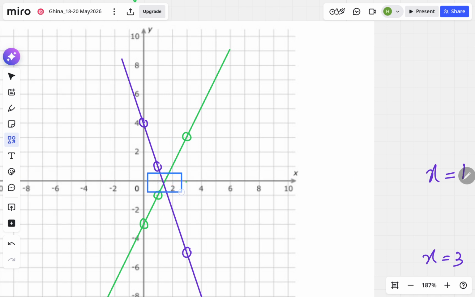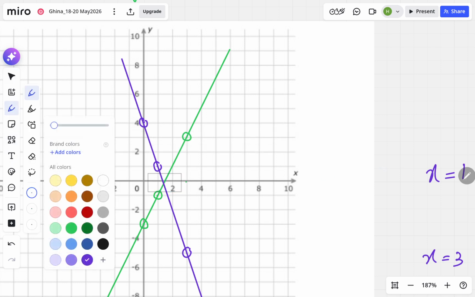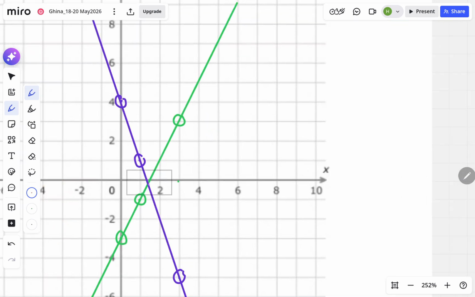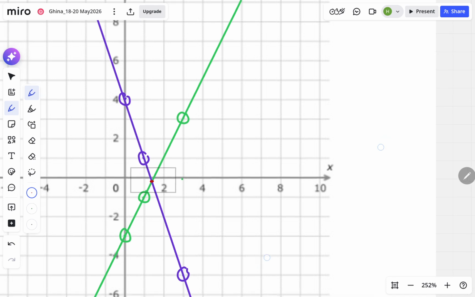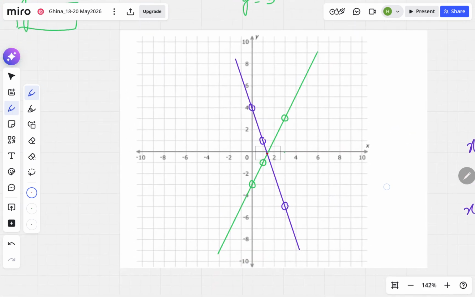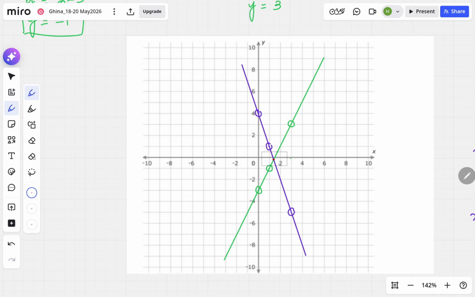You see this is somewhere here, and let me point that point with the red. So these two lines are intersecting somewhere here, but as they are not whole numbers,